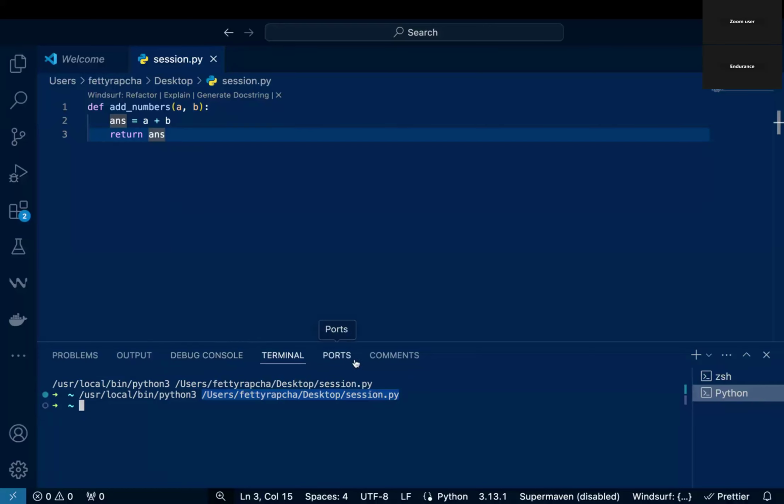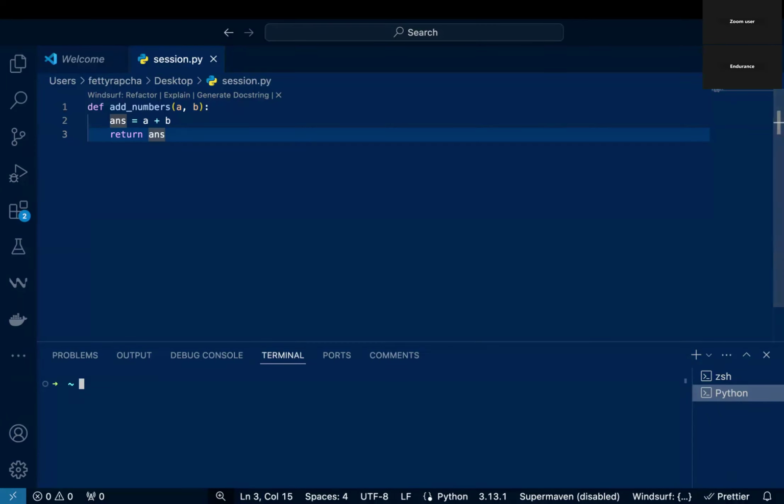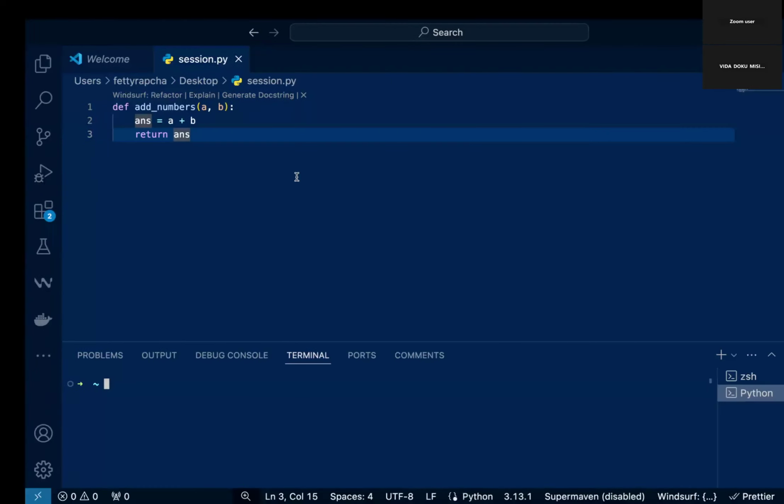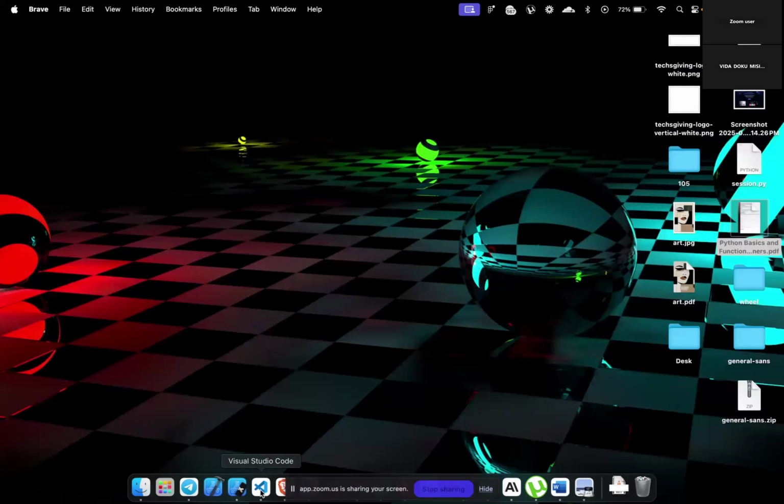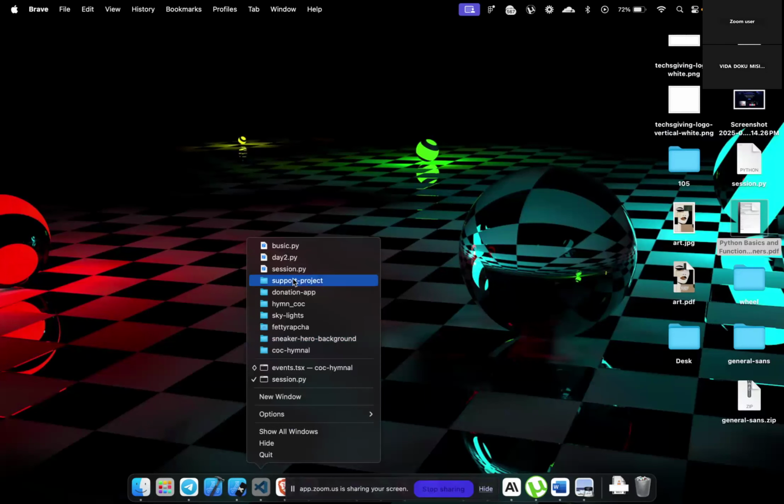But in our case, we are doing it ourselves. We are not allowing VS Code to do all those things, because we're trying to learn, right? If you're working on something small like this, it's good to use this button. But just imagine you're doing something like, let me see, an example of